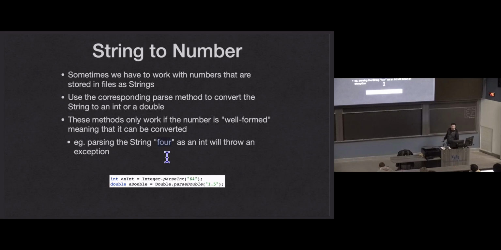So this will crash, and it will throw, I forget the name of the exception, but some malformed number exception, I think. Something like that. And the program's going to crash unless you catch that. That's one exception we don't expect you to catch. The only exception we expect you to catch is the IOException. This error could be something we could have you catch, but we decided not to. We're not going to bother. If this exception is thrown with the data that we're working with in class, it's going to be because it's a bug, and that's something you've got to fix, not an error with the data.